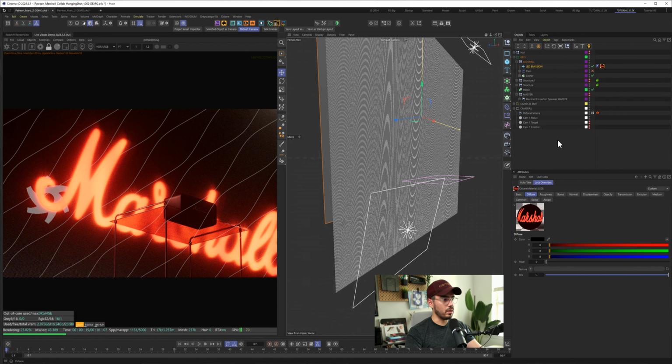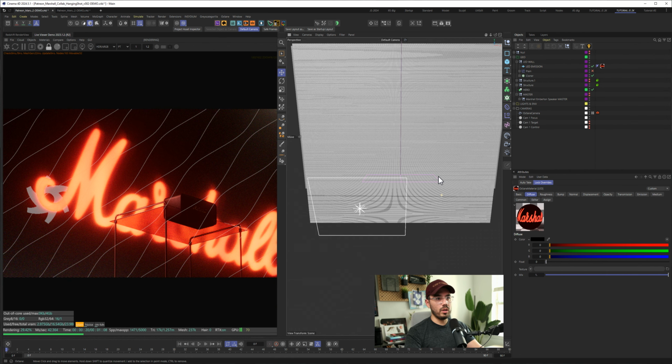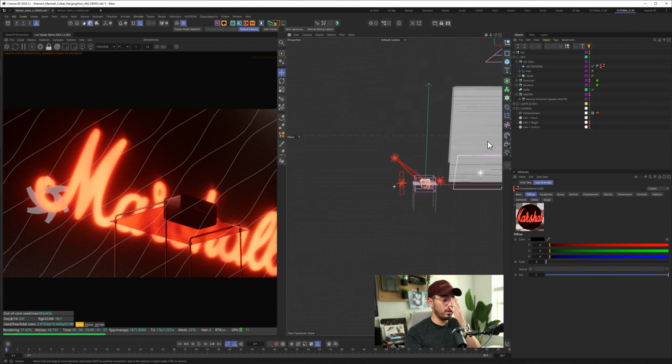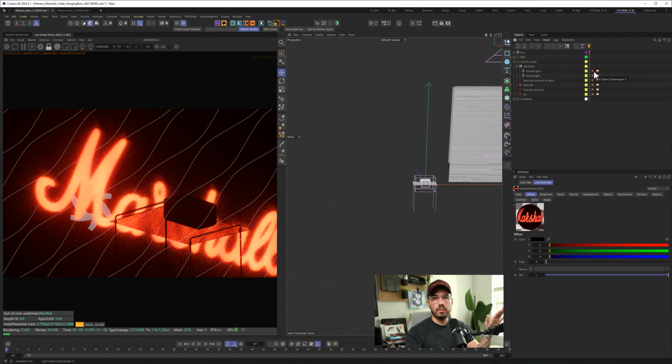So let's hide this again, and let's take a quick look at the lighting. Again, very simple because everything is silhouette lighting, so very moody stuff here. Yeah, this one is a lot simpler. Let's disable all of these lights. Obviously, the main light is coming from the LED wall emission, and then we have